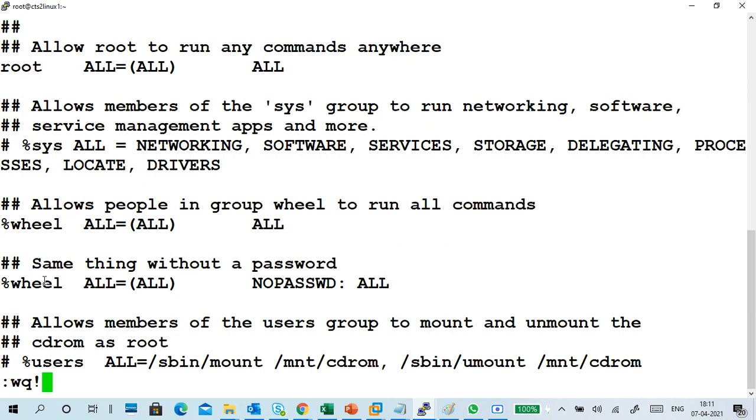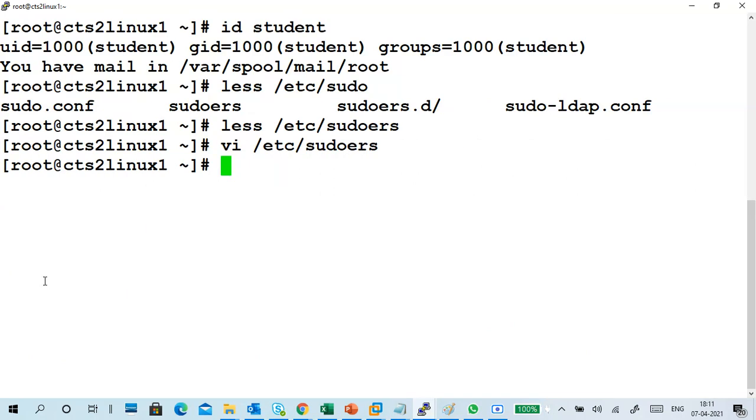The exclamation mark represents overriding the permissions. Because I am root, I can override the read-only permission, so I can get write permission also. So wq and exclamation mark. So it is not throwing any error. Earlier it was throwing an error. Now no error.